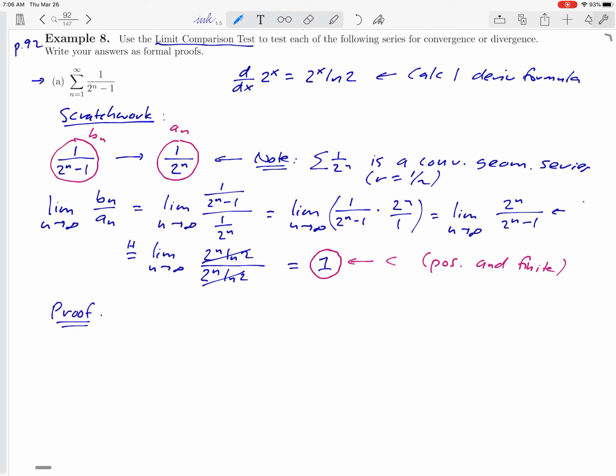Okay, the last step is to actually write the proof. Okay, and just to warn you, this is going to be a longer proof because there are more pieces to the limit comparison test. All right, so what's important here? Well, one thing is that the c that we calculated is positive and finite, so let's start there with our proof. Okay, so since c equals 1 is positive